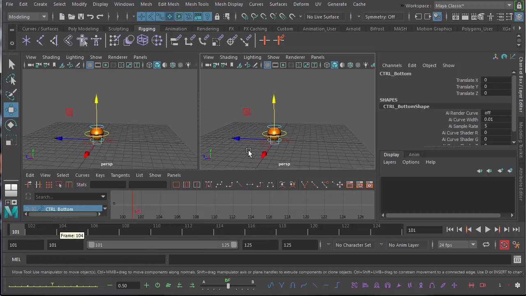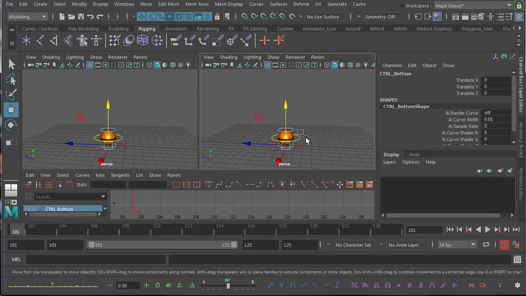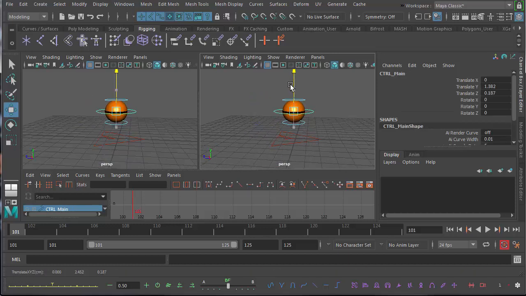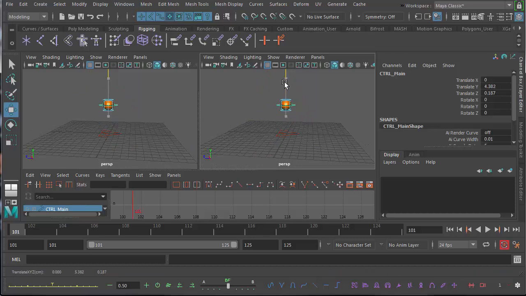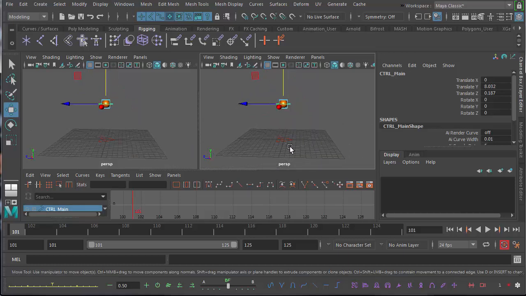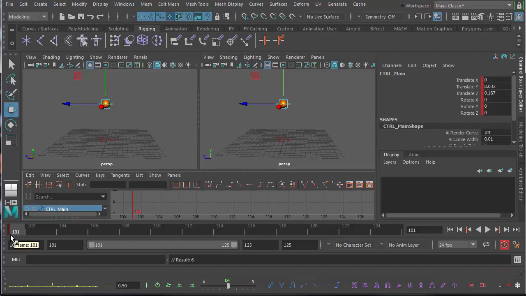That's down here, and let's raise the ball above the ground. And I'm going to select the main control. That's this one here, and move the ball up in the air above the grid. And I'm going to press S on my keyboard to set a keyframe. And you'll see a little red stripe appear here, and the main control will go red up here in the